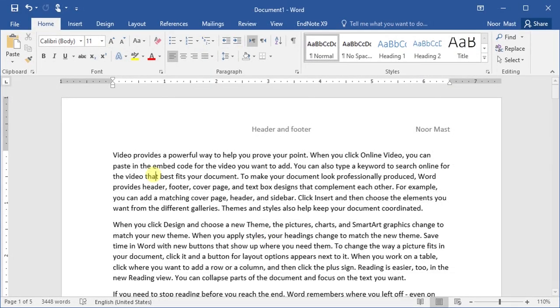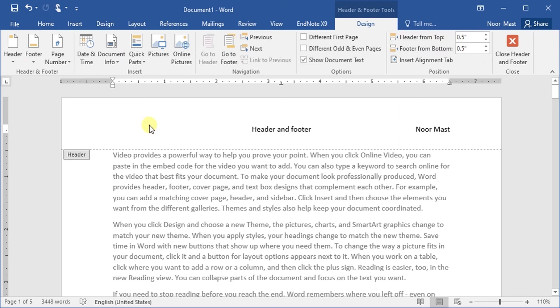An option is also available to insert images in the header or footer section. Suppose I want to insert an image in the header section. So first of all, double click on the header section to enable it for editing.